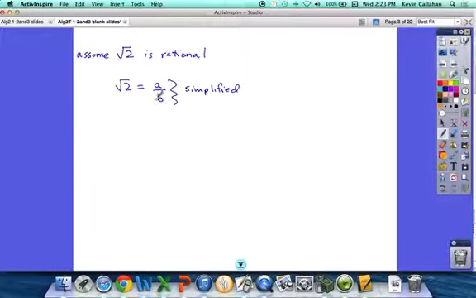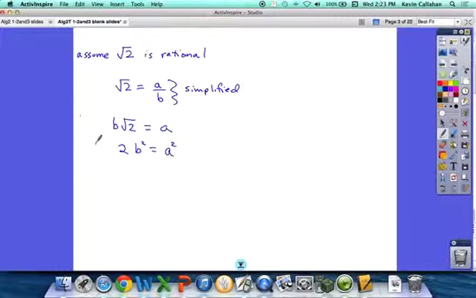Okay? So now let's multiply both sides times b. So we've got b times the square root of 2 equals a. Okay, now square both sides. If I square the a, I get a squared. If I square b, I get b squared. What do I get if I square the square root of 2? 2, right? So now I've got 2b squared equals